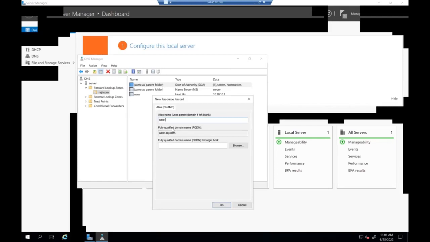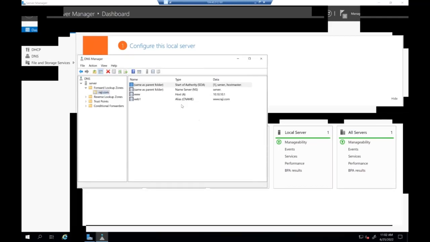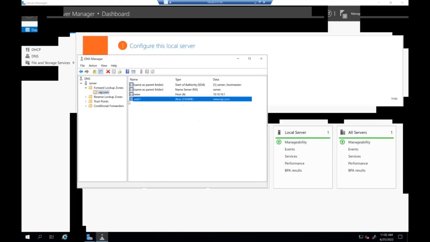This web1.raji.com is an alias for this guy. For this guy, I'll say okay. So you can see it's a name to name mapping. Web1 is mapped to www.raji.com, while www.raji.com is mapped to 10.10.10.1. So the two levels of resolution is this web1 will first of all resolve to www.raji.com, then www.raji.com will now resolve to